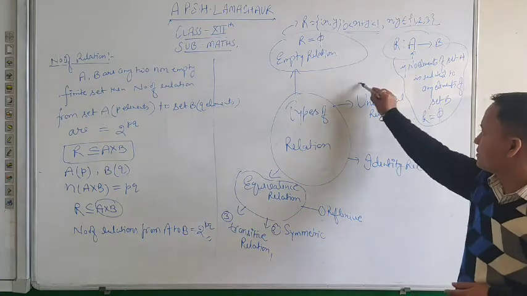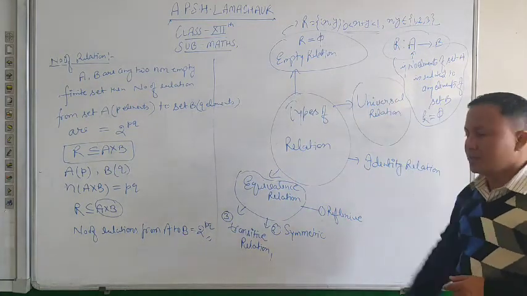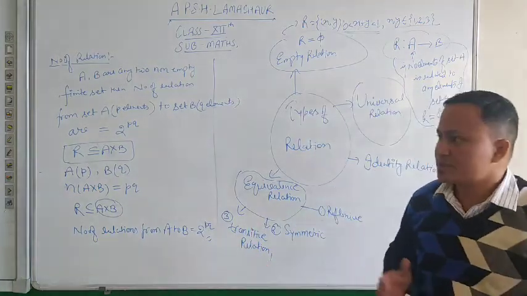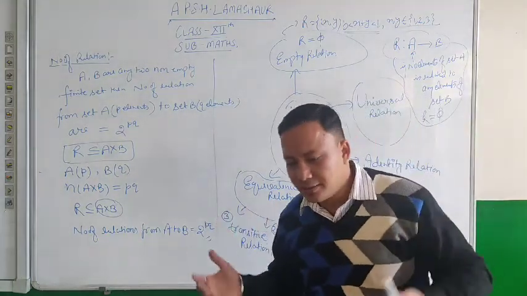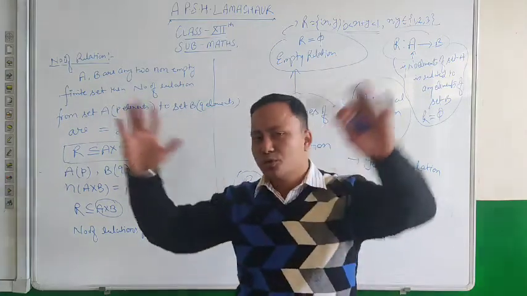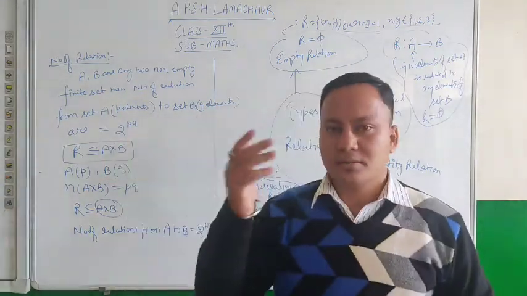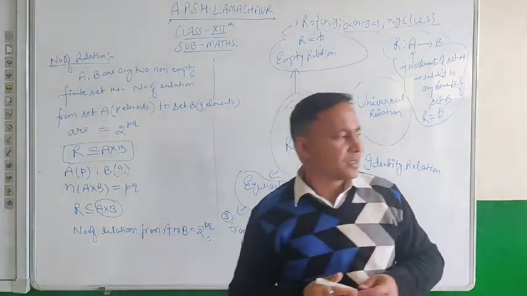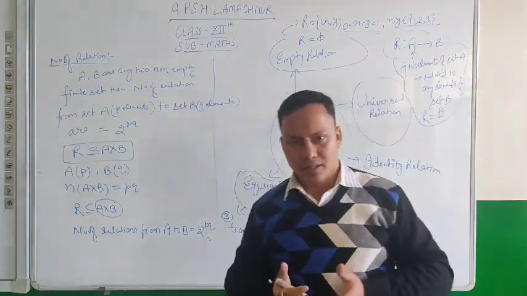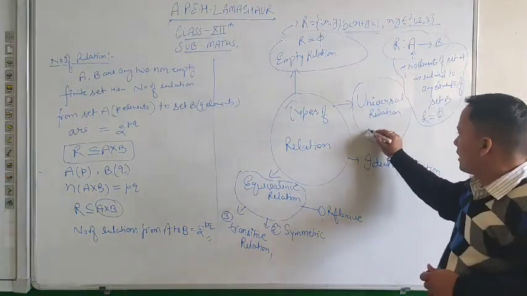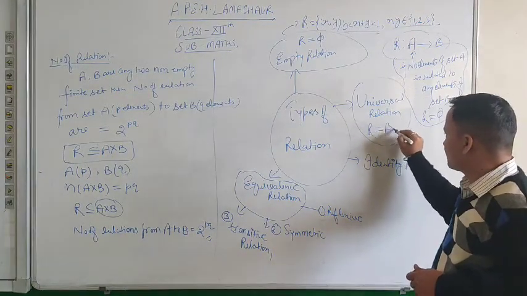Now the second one is universal relation. Okay, so it is clear from the word universe. What is universe? Universe is the thing which contains almost all things within it. Universal का मतलब एक ऐसा ब्रह्मांड, हिंदी में उसको बोलते हैं ब्रह्मांड. तो यूनिवर्सल का मतलब जो सारी चीजों को अपने अंदर कंटेन कर ले. ओके, सो यूनिवर्सल रिलेशन मीन्स अ रिलेशन R which is equal to A cross B.